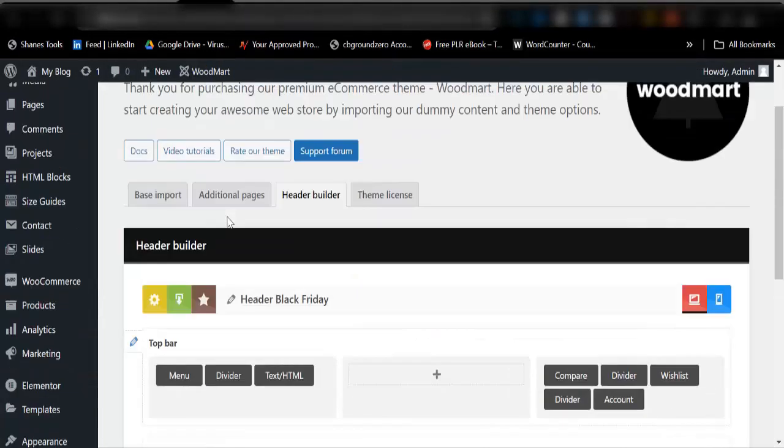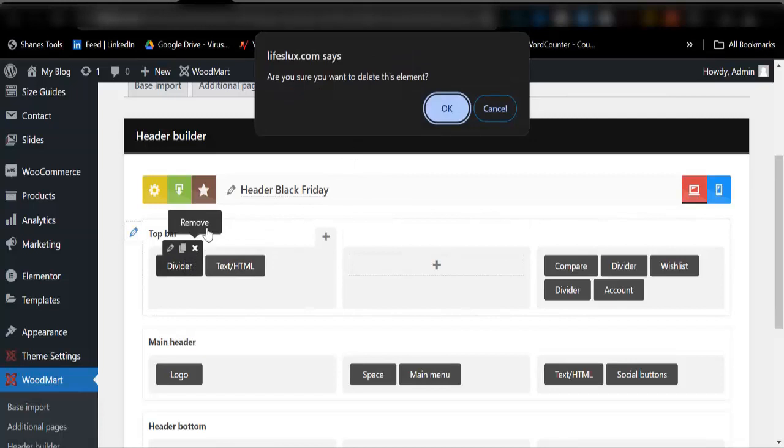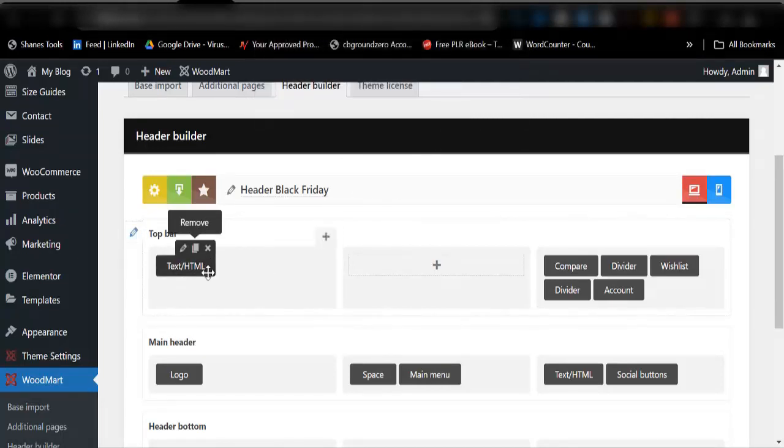So I'll just come here. All right, you can see it here. I'll just click on this to delete. I'll delete this off. I don't want this divider. I will also remove it. All right, good. This text, I don't want this too. I will also delete it. You can see where it says remove. So just click on this to remove. Okay. Then on this right hand side,